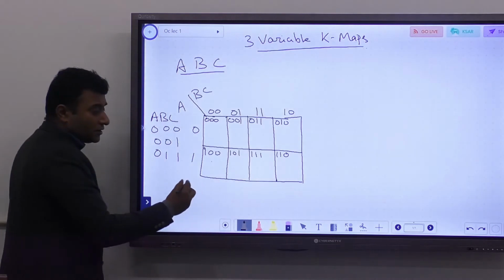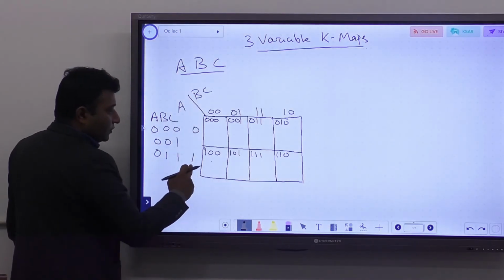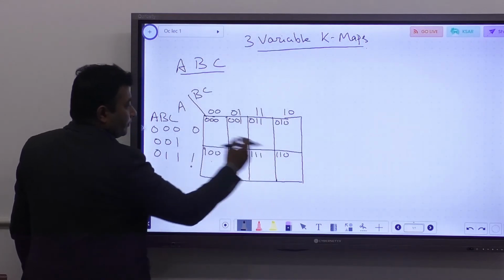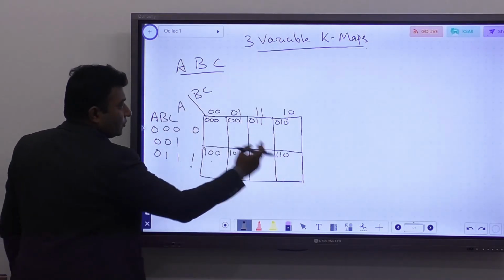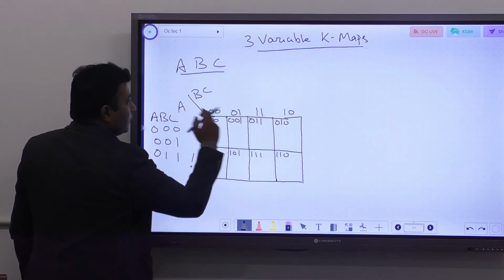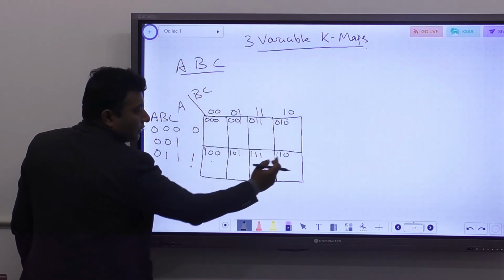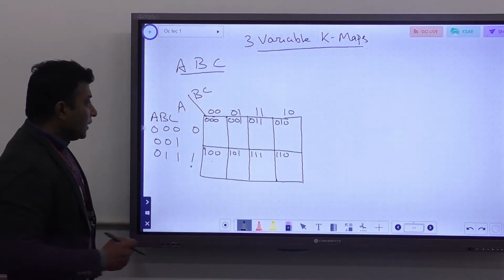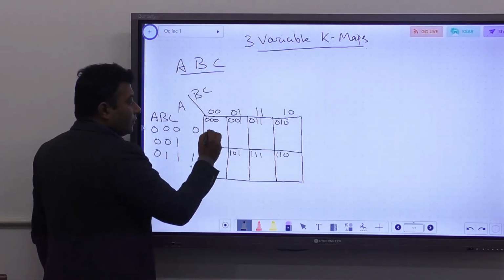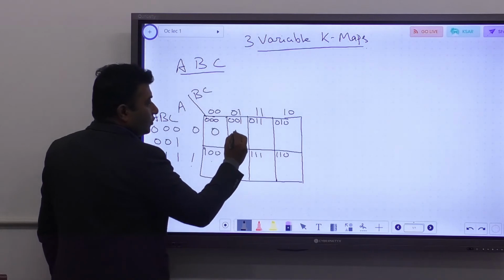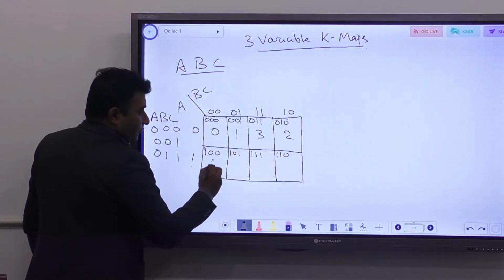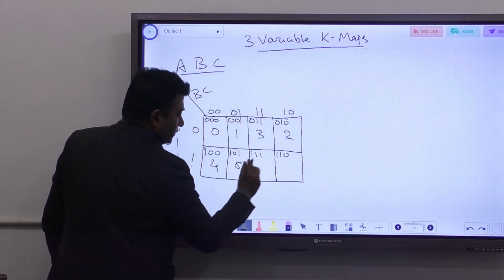So how are we putting these values? The value of the column first and then the value of the rows. For A the value is 1, for B the value is 1, for C the value is 0. So the block positional value is 1, 1 and 0. So converting it into decimal, we can write 0, 1, 3, 2, 4, 5,